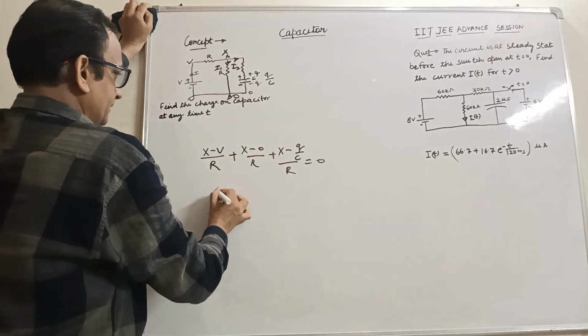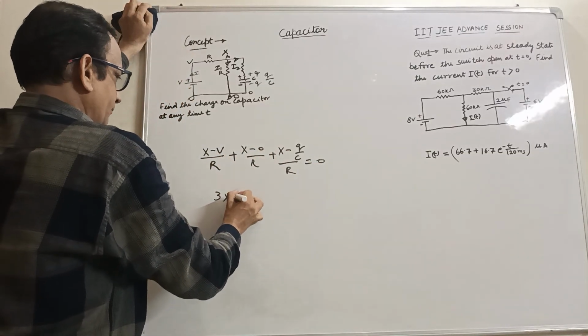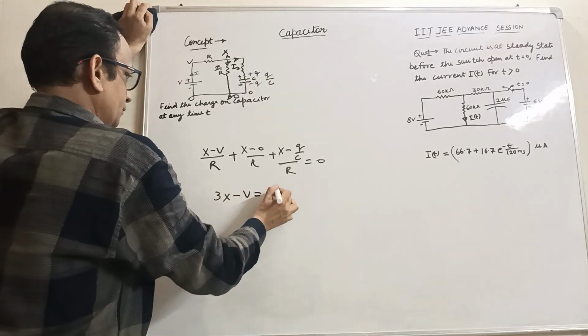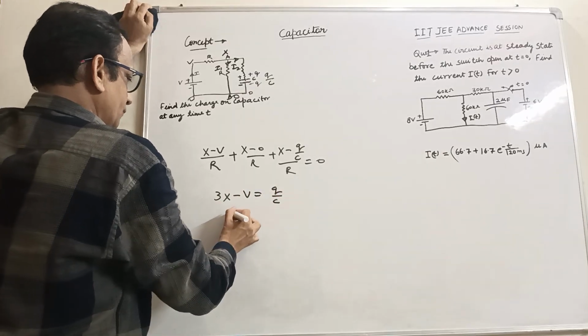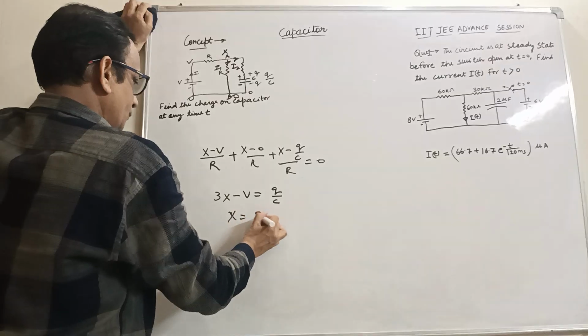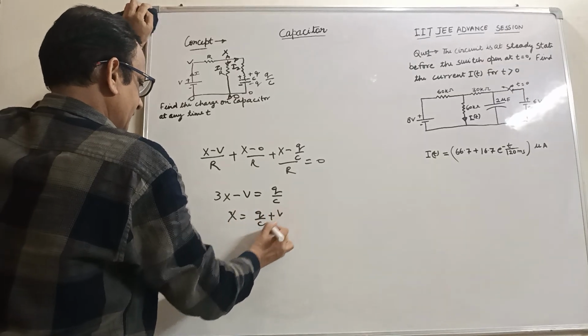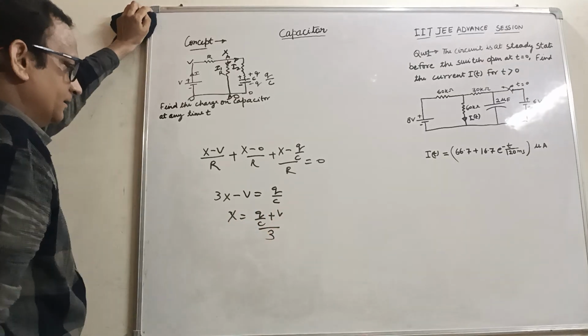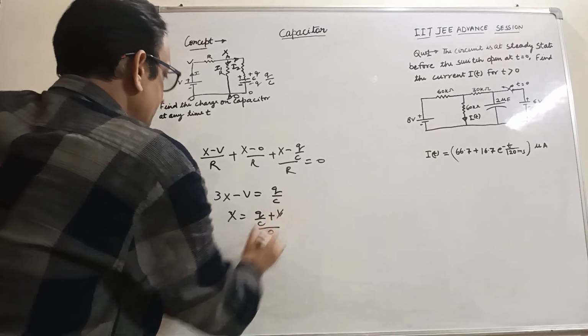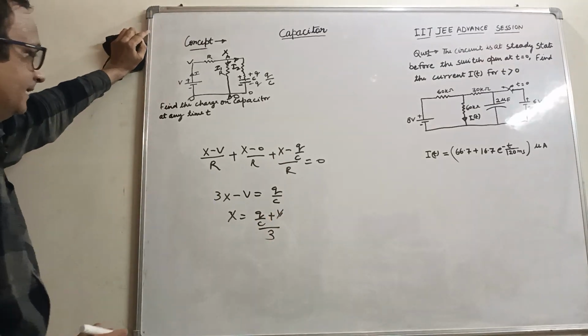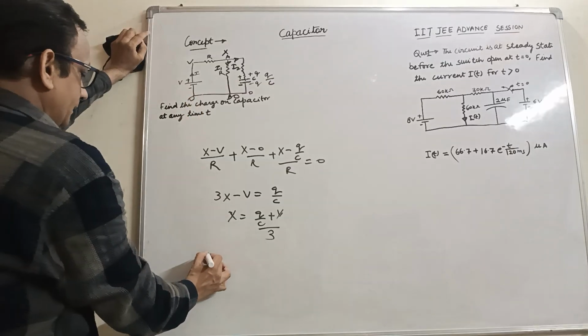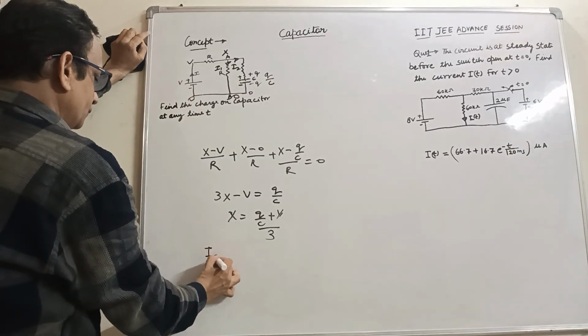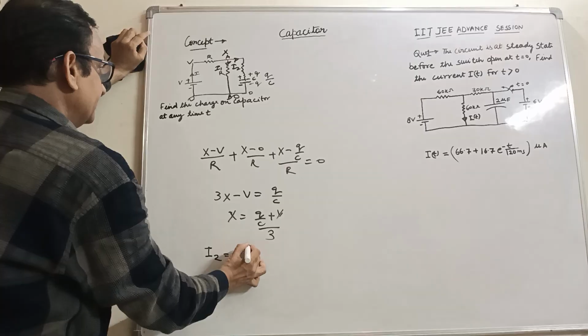So this becomes 3x minus V is equal to q by c. So x becomes (V plus q by c) upon 3. So we can write here the current I2 would be dq by dt,